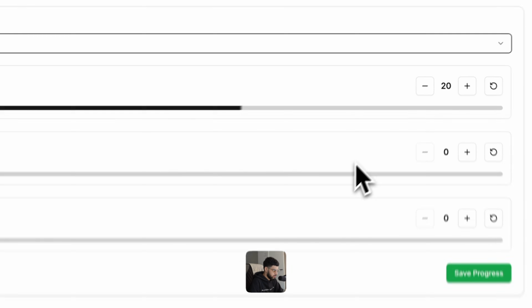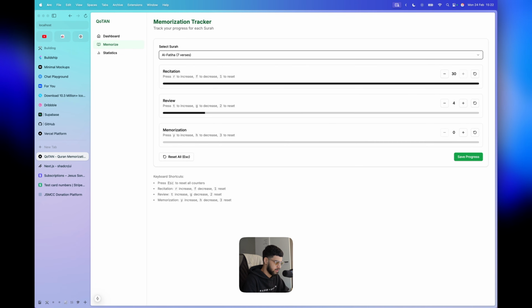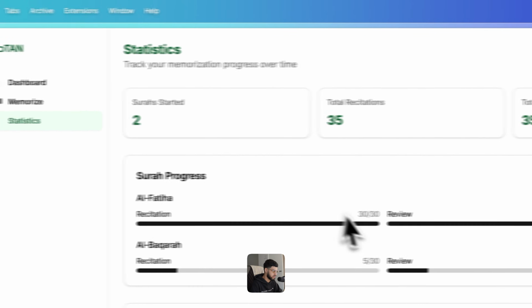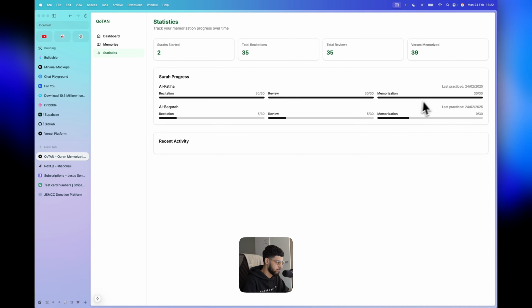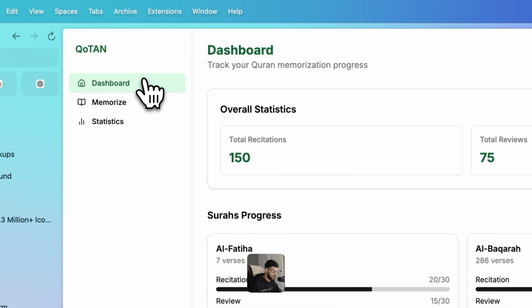Obviously, everyone should know Surah Fatiha. Let's just complete Surah Fatiha. Save. Statistics. Perfect. So you could even add like a surahs memorized section in here and it would know. This is sick. Recent activity doesn't work because remember we're not doing the activity logs. That's fine. But yeah, like I can now sit here and use this application to memorize my Qur'an.